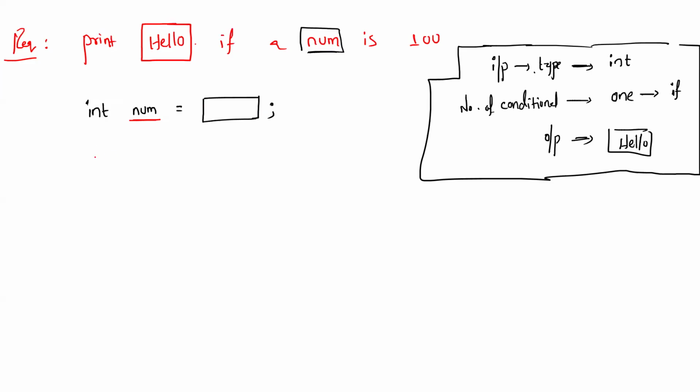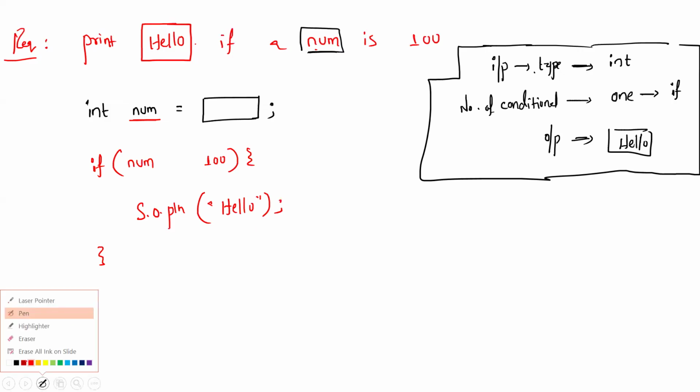So the first conditional block to start with, if. What we have to check is whether that number is 100 or not. So here the variable is num and the value to be compared is 100. So if this is yes, what do you have to print? System dot out dot println. So print hello is a string kind of message. It must be in double quotes. So this is the condition block. So here what should we write? Here how do you connect these two? If number equals 100, then print hello.